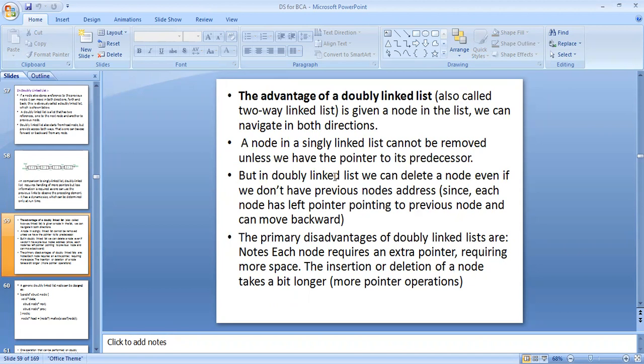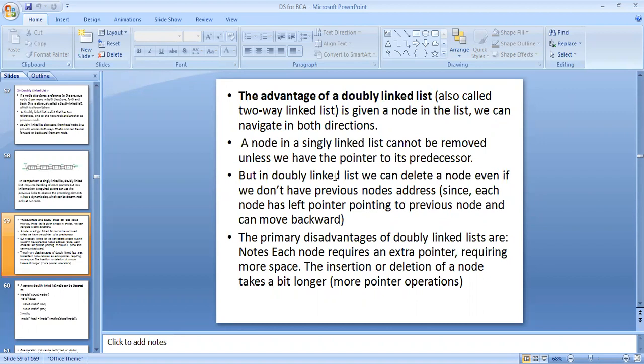A node in a singly linked list cannot be removed unless we have the pointer to its predecessor. But in a doubly linked list, we can delete a node even if we don't have the previous node's address, since each node has a left pointer pointing to the previous node and can move backward.